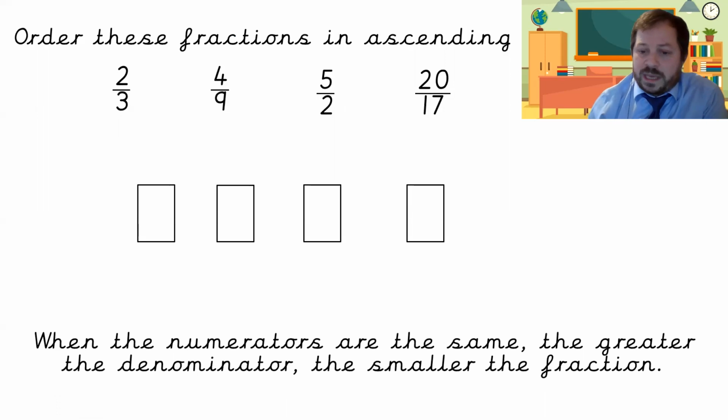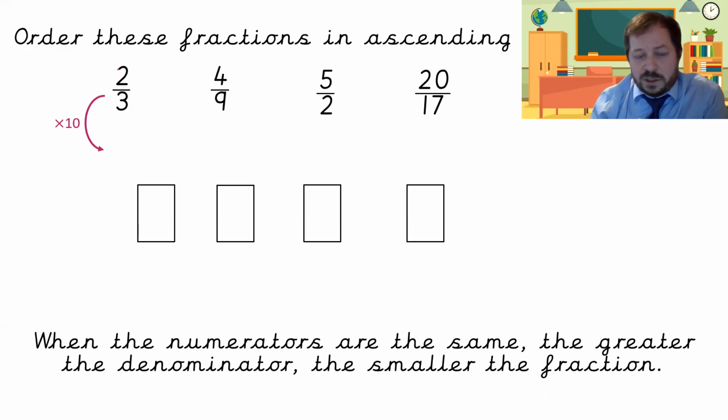So now what we can aim for is the numerators being the same. And then we can compare the denominators and put them in reverse order in the denominators, the smallest one being the largest and the largest one being the smallest. So how do we do that? So in this case,